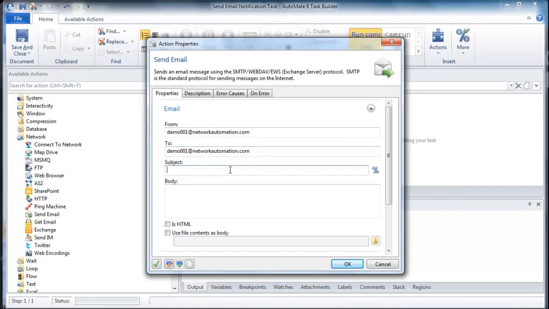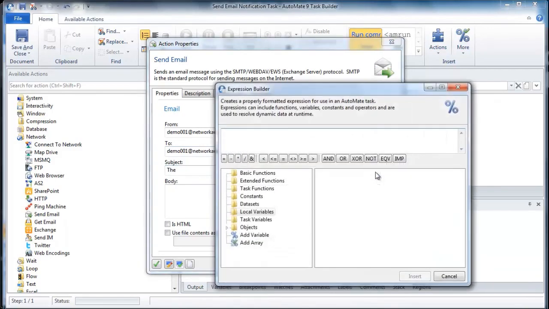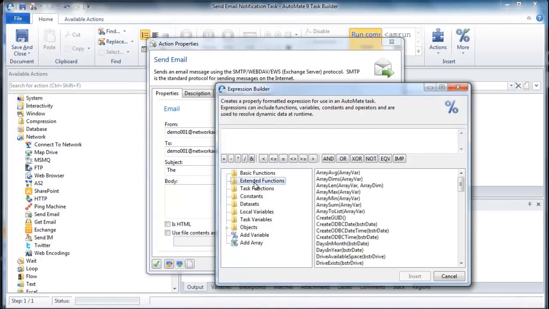In the subject line, we're simply going to start off by typing the word "the" and click on the % to open the expression builder. Now, the expression builder is used to help create and select functions, constants, data sets, and variables, and any type of object that represents a particular value. Here we're going to use an extended function called